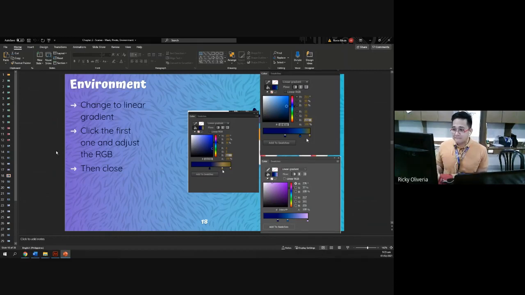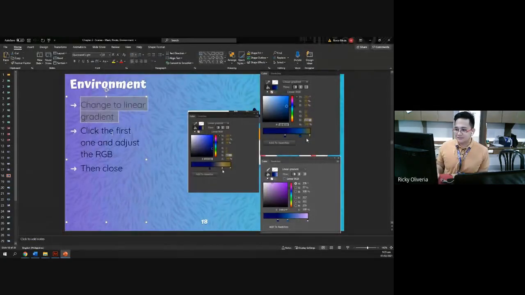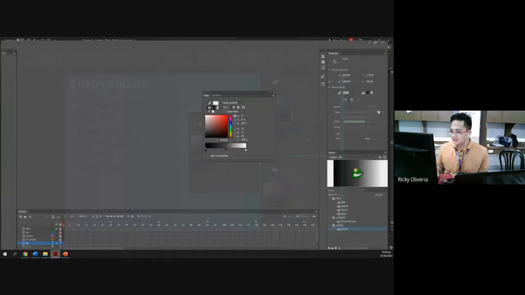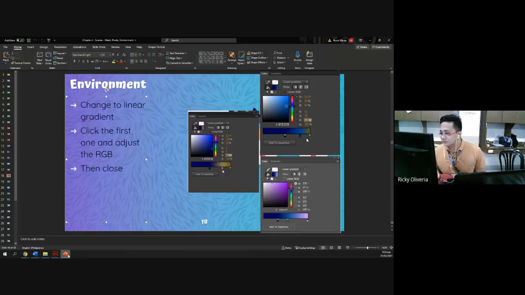Anyway, okay. I already asked you to change it to linear gradient, so we changed it into linear gradient. And then click the RGB to adjust. The first one, RGB. When we say first one, we'll start with here. So start tayo dito, and from here, since they are all 0, 0, we'll have,